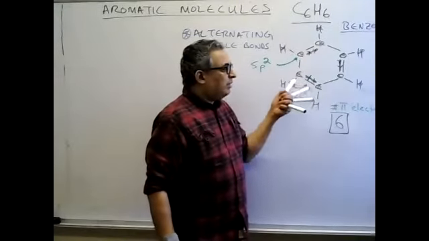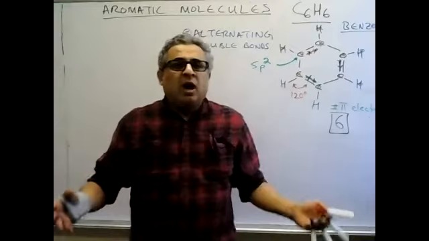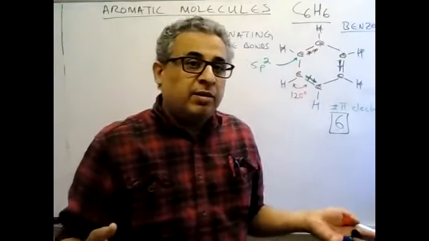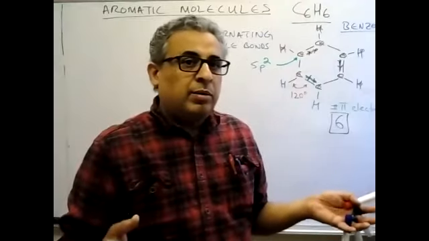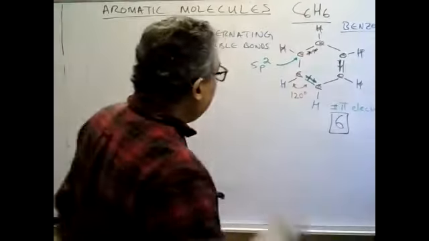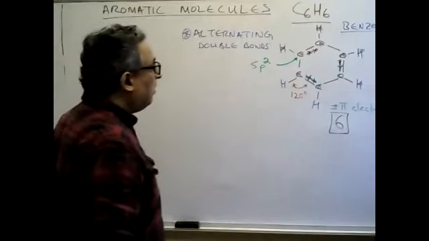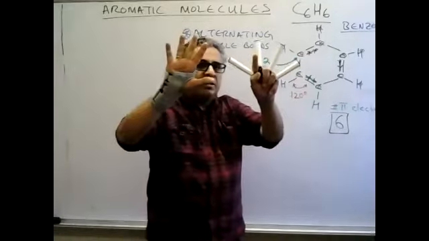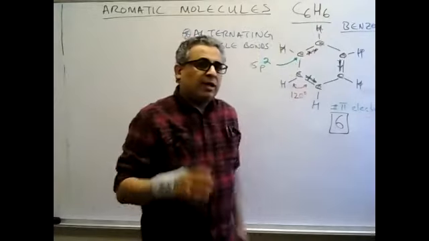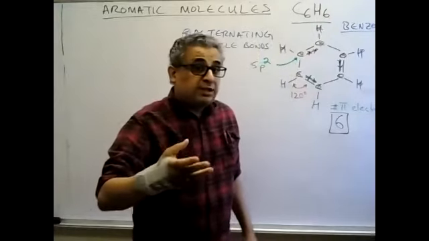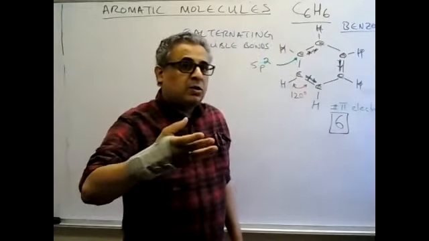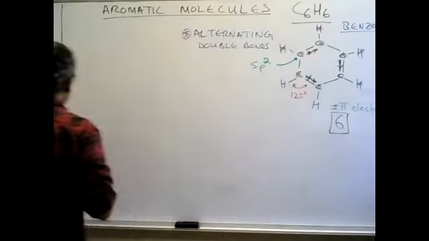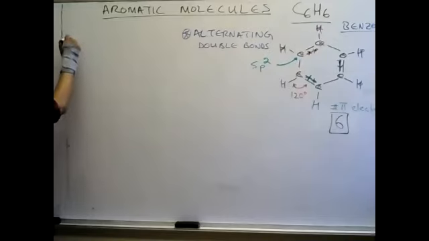Now the next question is, what are the specific and required properties of a molecule that make it aromatic? Okay, there are certain rules that you can think about. So this molecule has 6 carbons and 6 hydrogens. So let's look at other species that are also made out of 6 carbons. The simplest molecule,